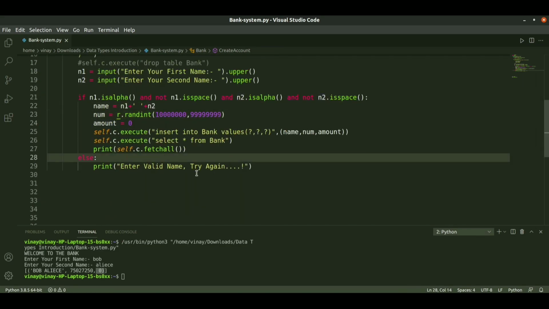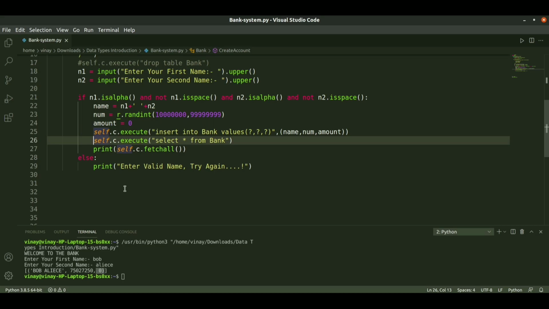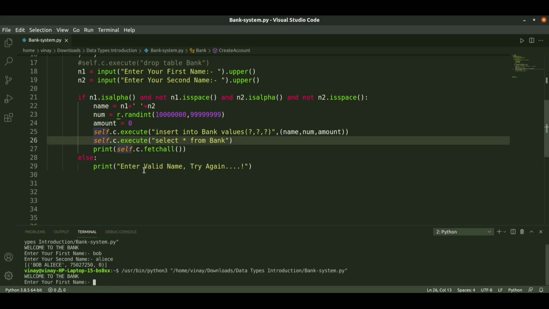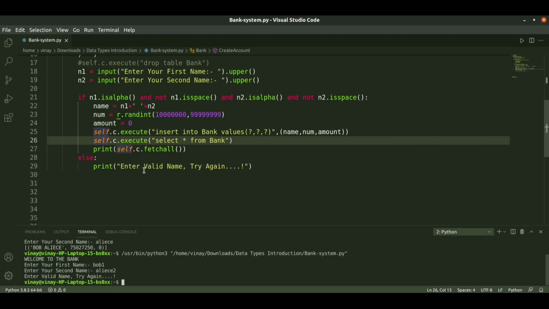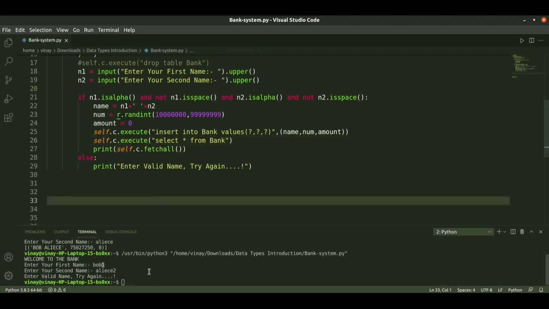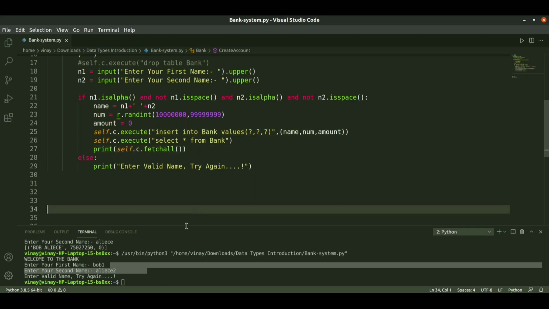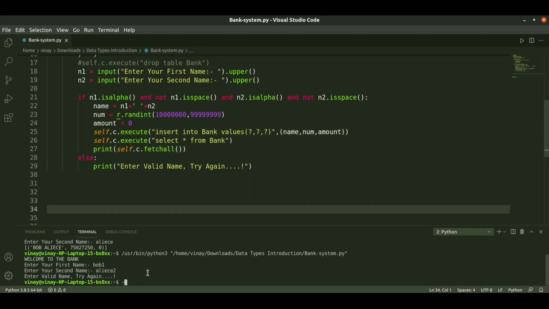So this is how we print this data from here. Whenever we run it again, it is asking for input, and I will give another input as Bob1 and Alice 2. Here it is not accepting numeric values, so it's working perfectly.